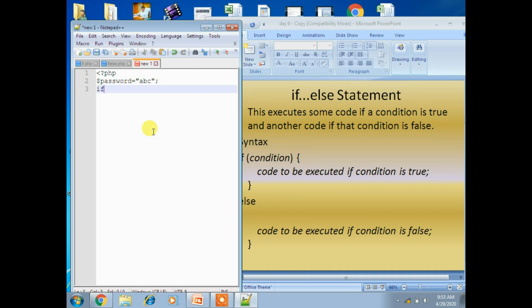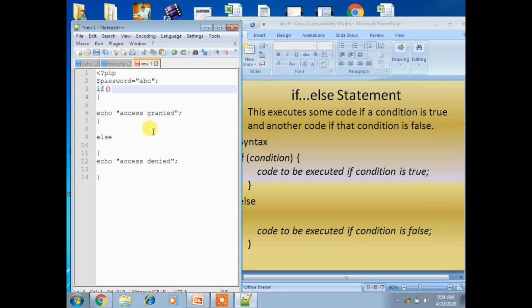Now I am taking if here, else, and now here we have to place echo "access granted." In the same way we have to take the else part also, "access denied."